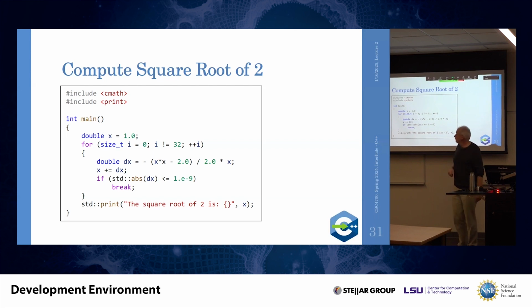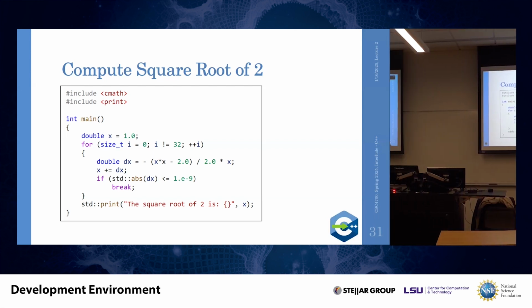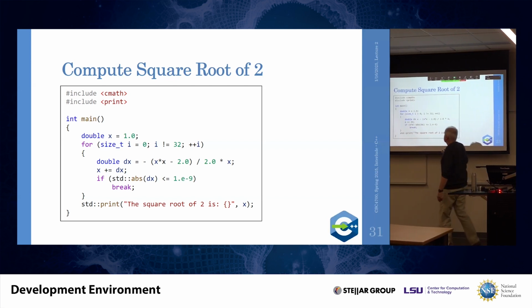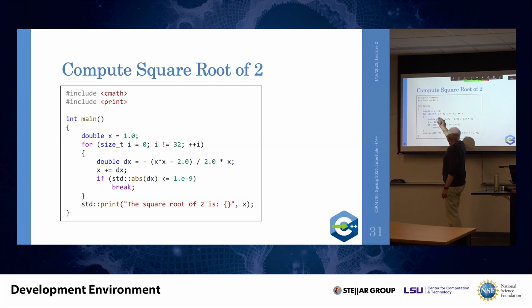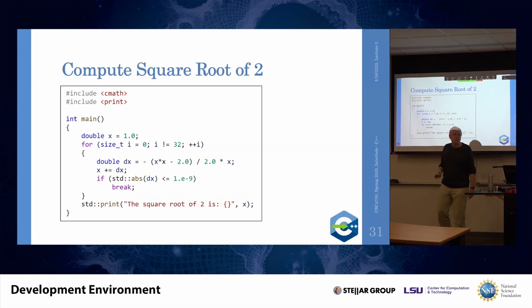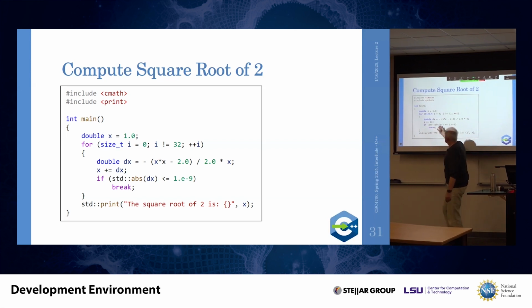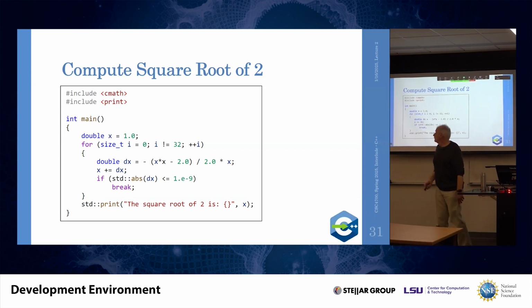Okay? So you see various language features here in this code. We see a for loop, which has 3 parts: from, to, and reinitialization. We see if statements, conditionals, very similar to Python, and a break statement, which stops at the point when we have reached the necessary precision and we exit the loop. Very straightforward code.